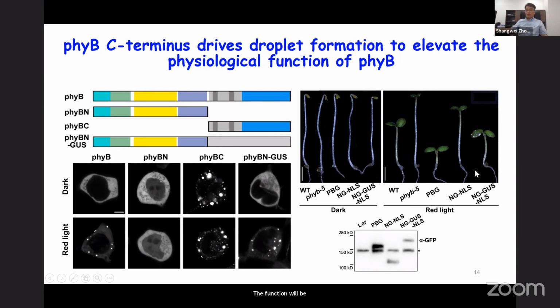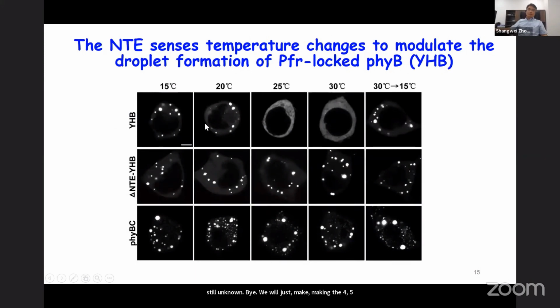Therefore, these genetic results indicate that the droplet formation of Phy can improve the physiological function. However, the mechanism is still unknown. By reviewing this mechanism for Phy food body formation, we then investigate how temperature